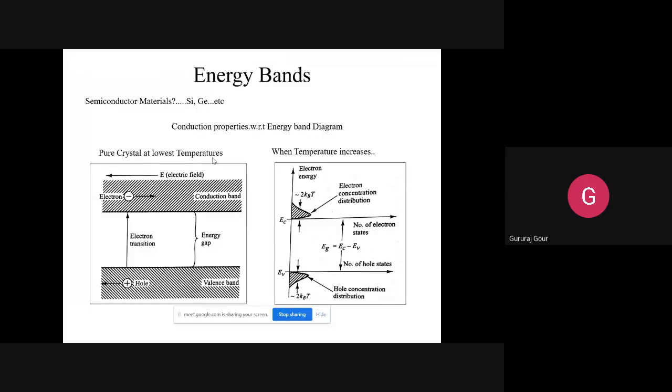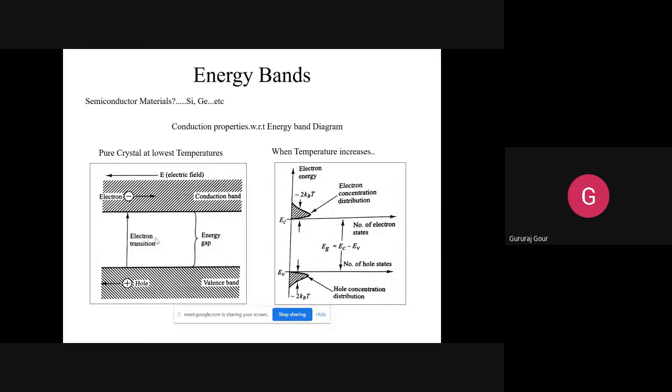With this available temperature, whichever electrons or holes are there, if they are getting some energy at the lowest temperature, they are making some movements. That is called ionization. Ionization is very low. The arrow indicated here shows an electron moving, leaving a hole behind in the valence band.